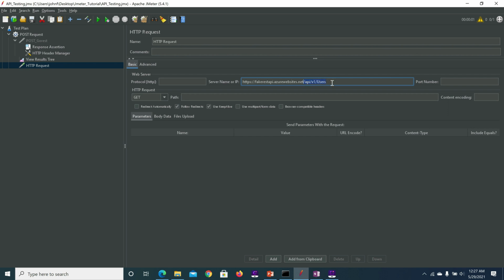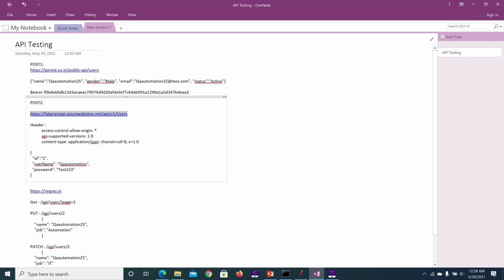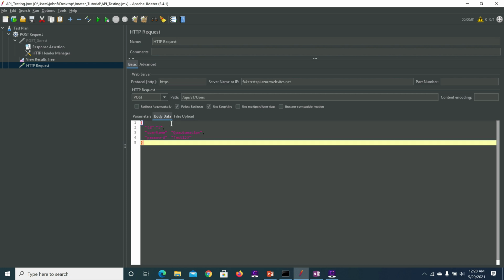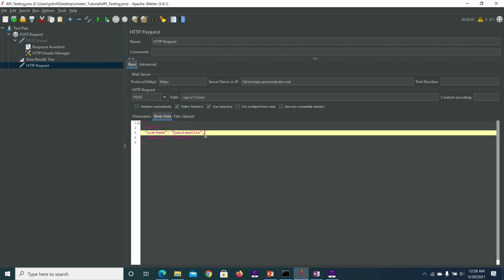I am copying the path from the server name to the path field and removing the protocol name HTTPS, mentioning it over here, and changing HTTP request type from GET to POST, and parameter. This is the parameter we are going to pass. Here also if you notice we are passing JSON type. So content type is JSON.